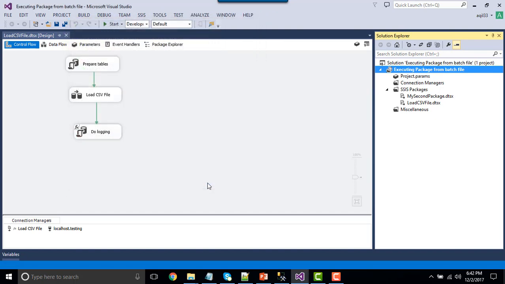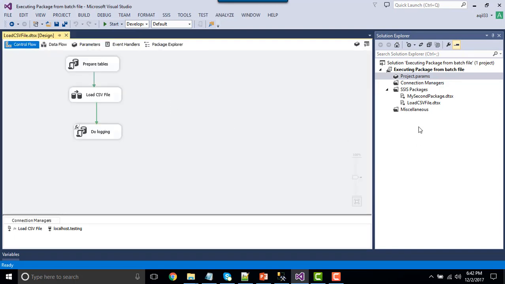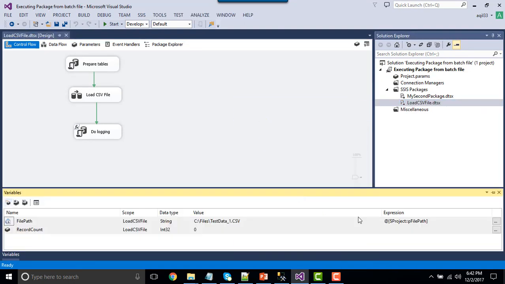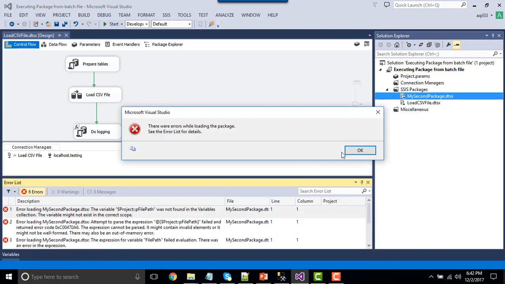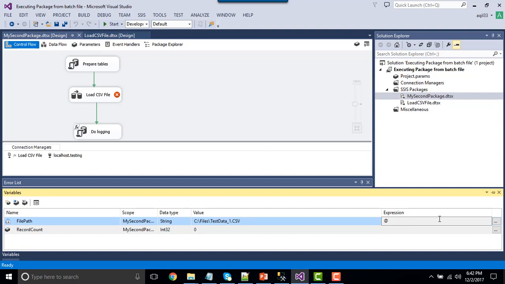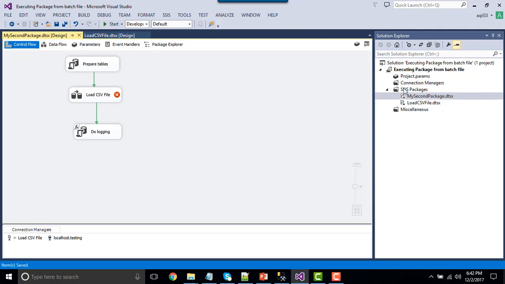So let me cancel it, and then we need to double click on project.params, and delete the project parameter here. Click OK, close this, and then open the first SSIS package, and navigate to the variables, because inside the variables it's mapped here, so you can remove it from here. Now click save, and this seems fine. Now follow the same step for the other package as well. Navigate to variables and remove the linking from here as well. So now we are good here. Save the complete SSIS project, and now let's try again.